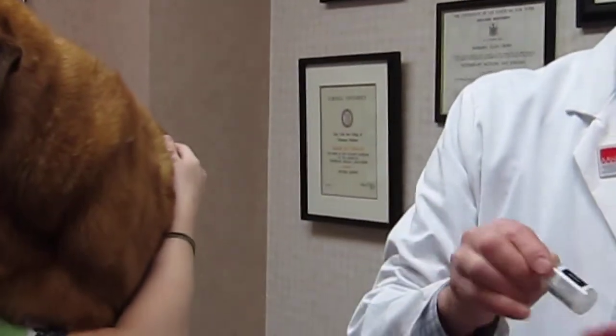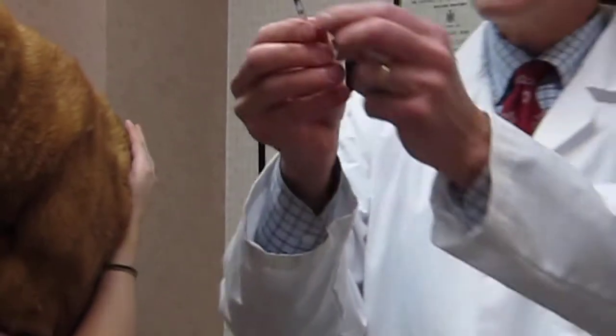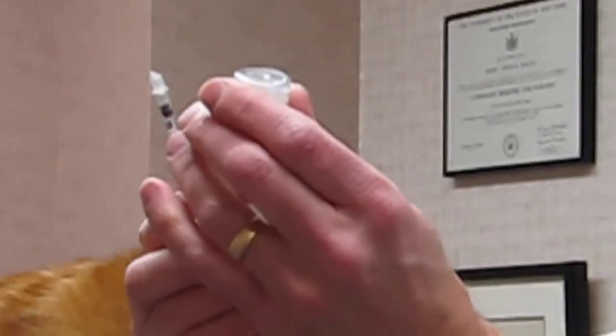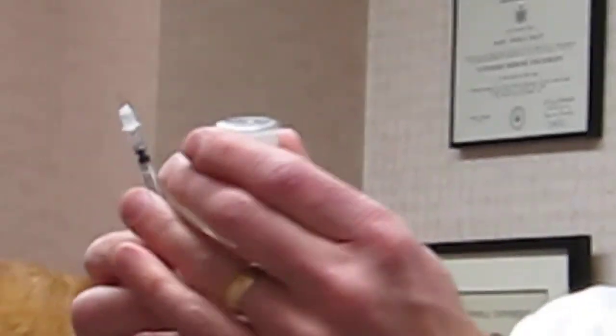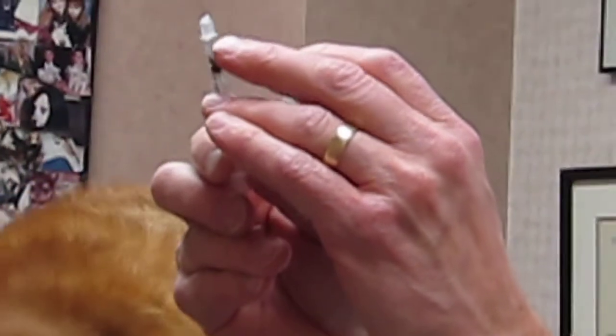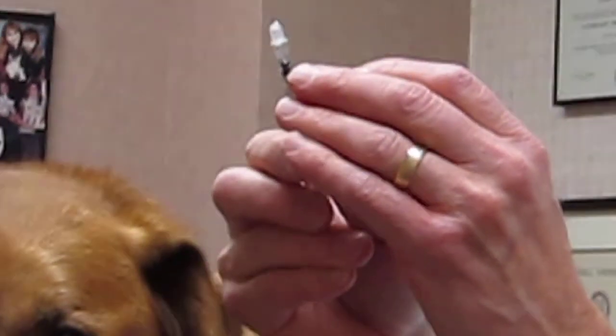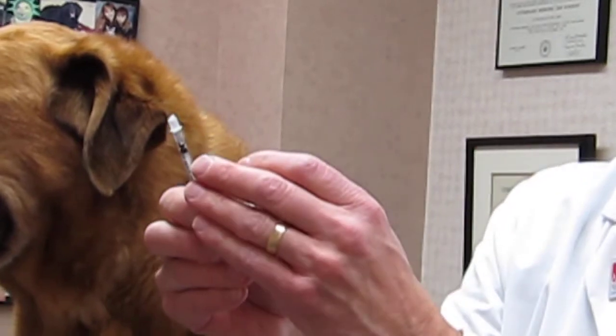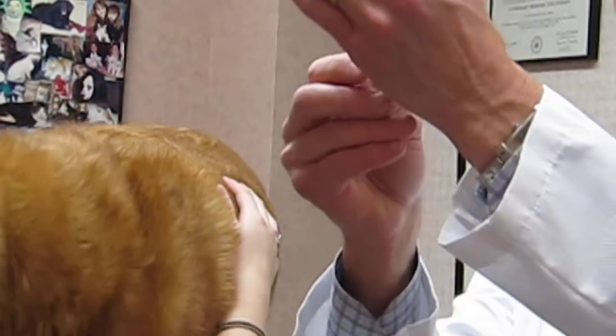Then you have to take a syringe, with the little tiny needles that are on these syringes, and you put the syringe in the bottle, and once it's in the bottle, you pull out on the plunger to the amount of insulin that you need. On the syringes, there are little marks that tell you how many units, and each mark is a unit. Typically you give between 2 and 20 units per pet, and of course we'll tell you how much to give and how to adjust it every day. So you pull the insulin into the syringe,